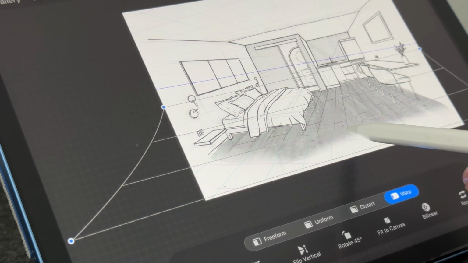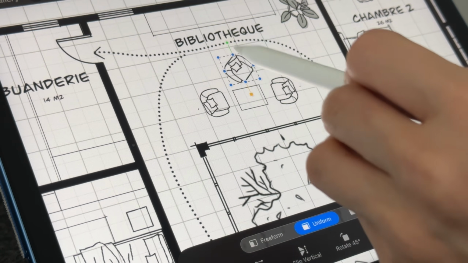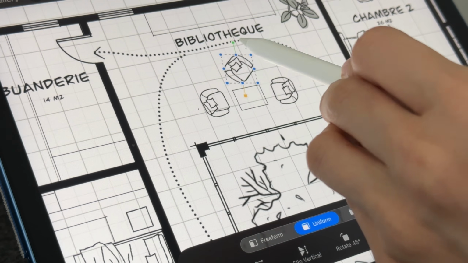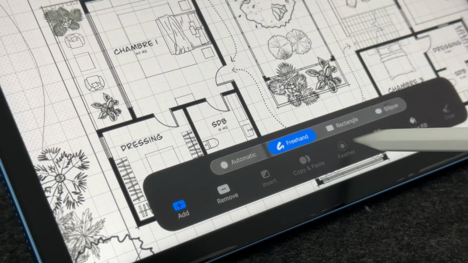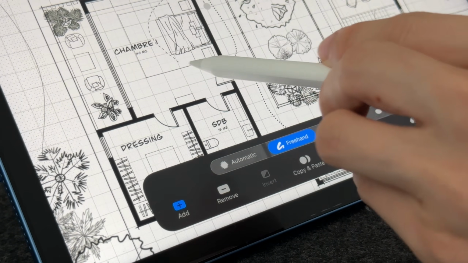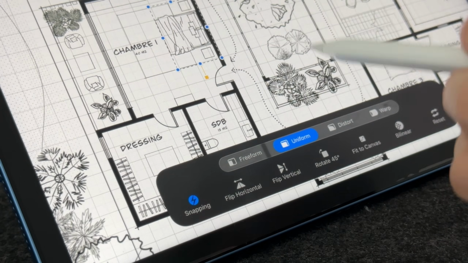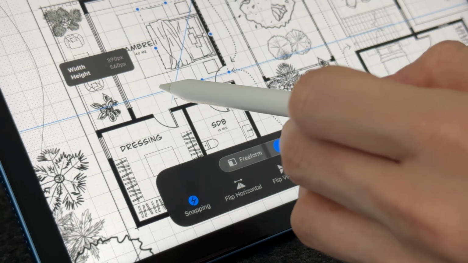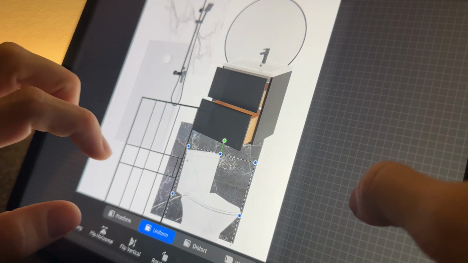You can use the different selection. For example, if you sketch a floor plan, you realize the sofa is in the wrong place, just select it and move it. You can also flip it or rotate it. Though most of the time I use freehand to select some very specific elements. You can also use transform to adjust proportions. If something looks slightly off, a window that's too wide, a door that's too tall, just select it and fix